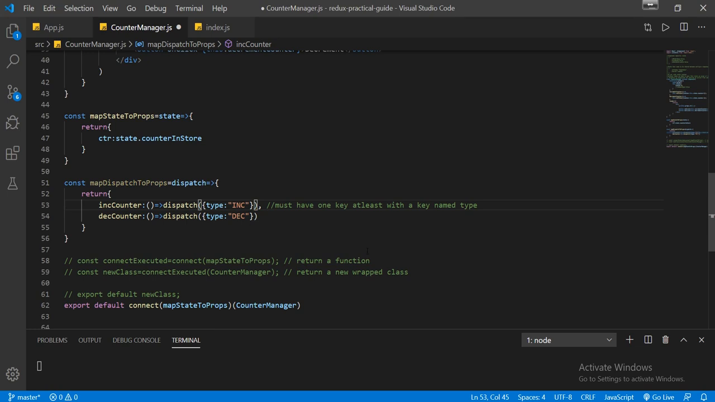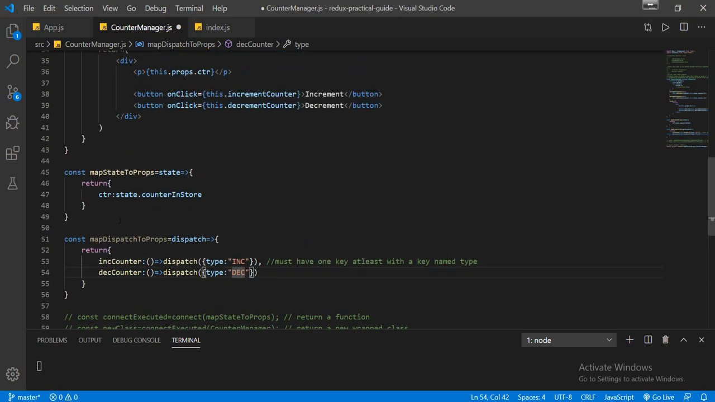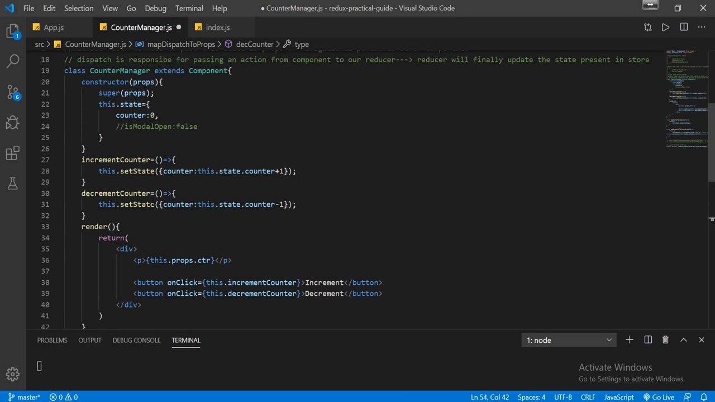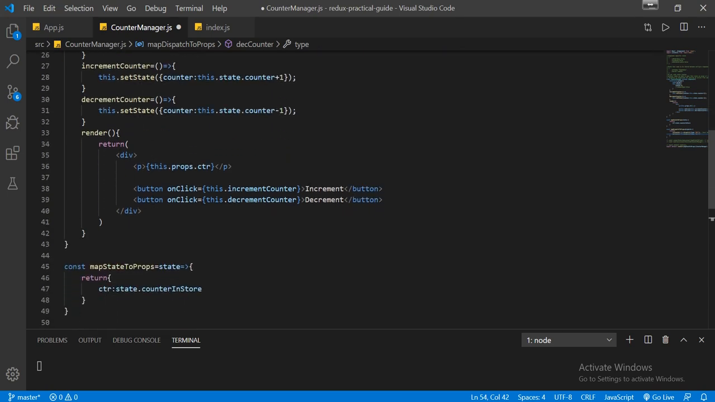Okay, so you need to dispatch an action, a type of action. Dispatch always takes an object, and that object must have one value, that is type, and you need to specify it. So we are mapping this dispatch with a prop name increment counter, and we are mapping this dispatch with a prop name decrement counter. So now instead of calling this increment counter and decrement counter, we can call this dot props dot